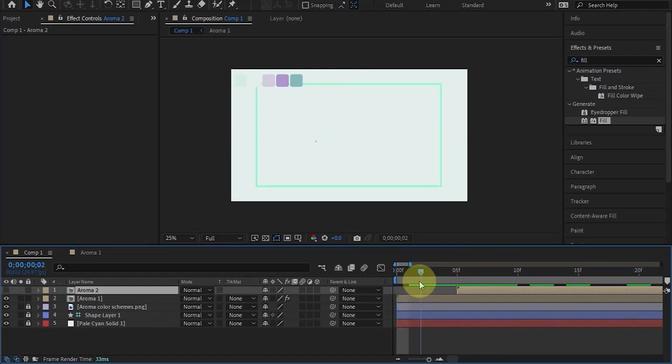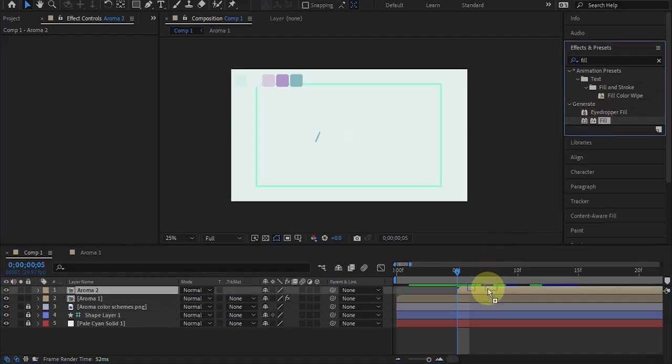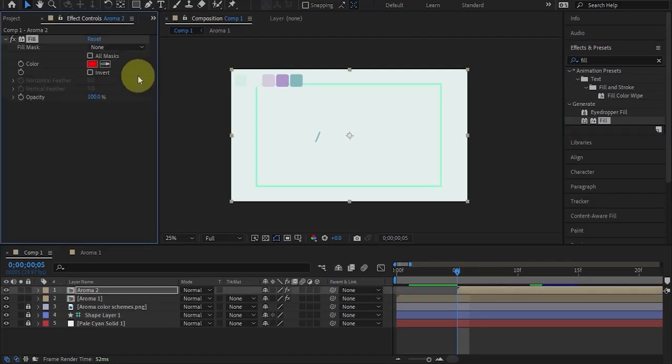And then on the second one, I'm gonna do the same thing, okay? So unhide Aroma number 2, add fill, and select the eyedropper tool, and I'm gonna select this color right here. There we go. Now, if we click on play,